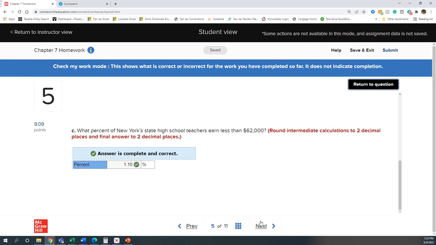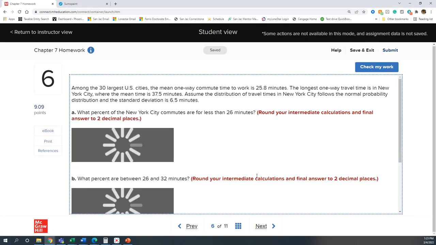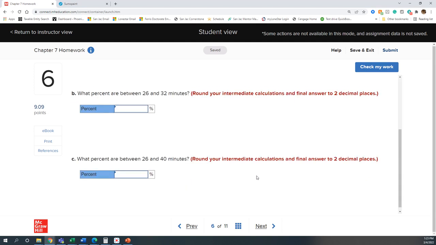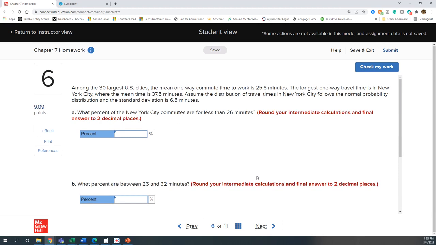All right. That was fun. All right. So let's see. What is this one? All right. So this one is pretty much the same as question 5. Again, this time they're using commute time. So be wary of this. And definitely make sure you understand